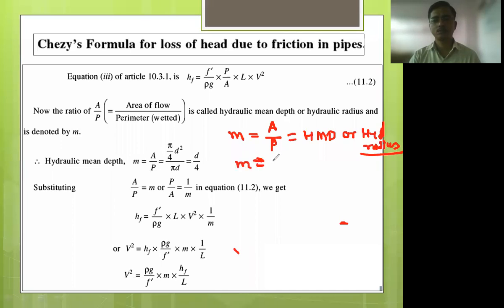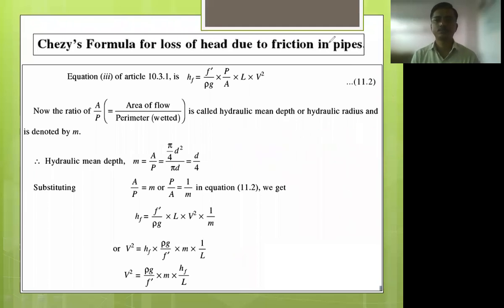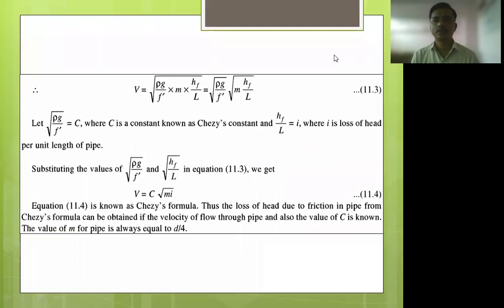m is equal to d by 4. After writing this, write down there i is equal to hf divided by L is equal to,